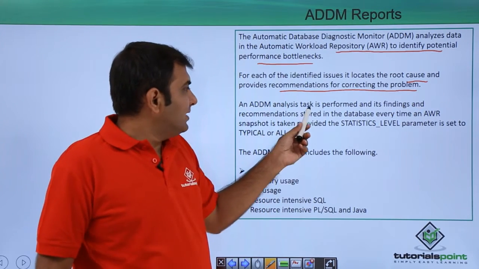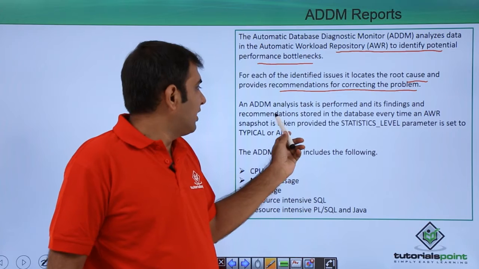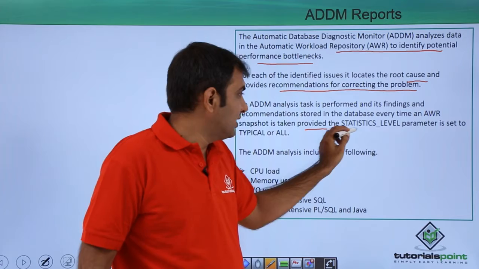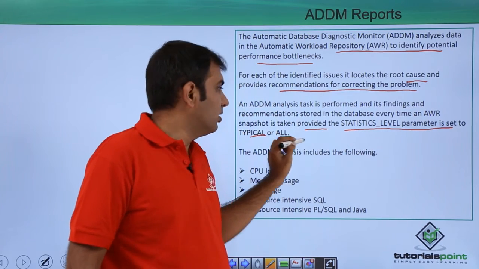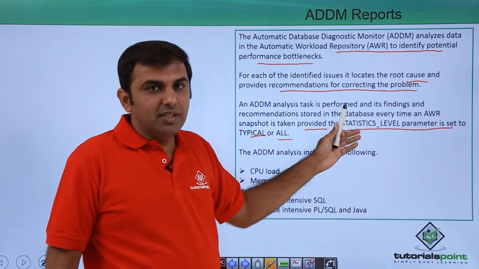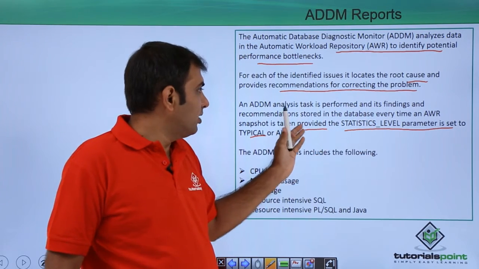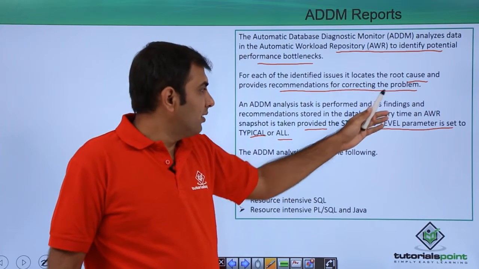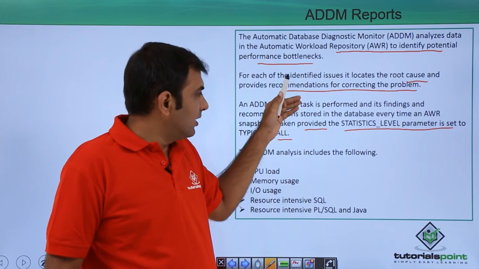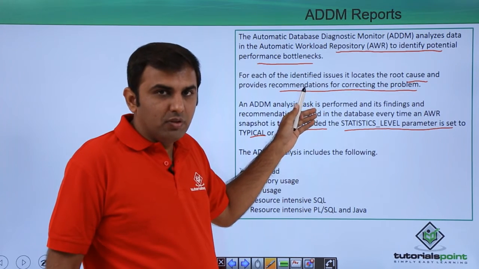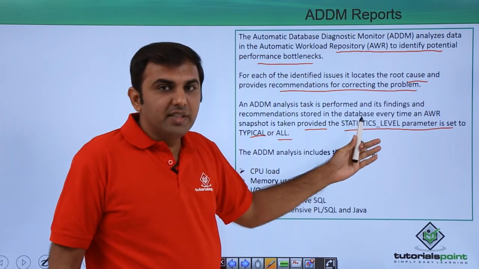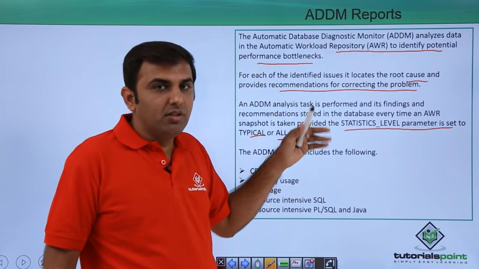Fine. An ADDM analysis task is performed, and its findings and recommendations are stored in the database every time an AWR snapshot is taken, provided the STATISTICS_LEVEL parameter is set to TYPICAL or ALL. So once you set the initialization parameter STATISTICS_LEVEL equal to TYPICAL or ALL, only then, from the AWR snapshot information generated, will it take the information and generate the report with the recommendations. Otherwise, if you set this parameter to BASIC, it will not store it, and ADDM will not give any kind